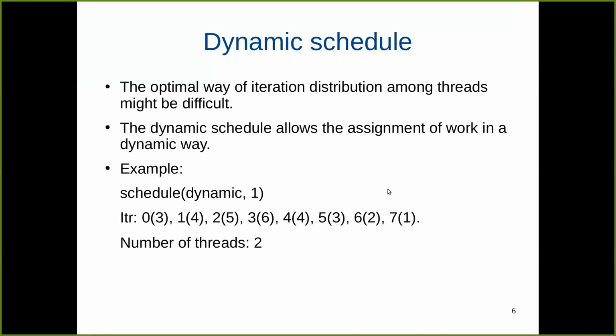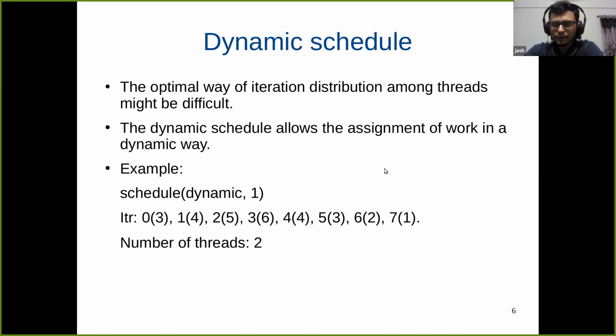And another doubt that I have, sir, is that in a for loop, the execution of commands is going to be similar for all iterations, right? So on what basis is this weight assigned to iterations in dynamic scheduling? Yes, so that is a good question, but yeah, I think we already discussed this part.